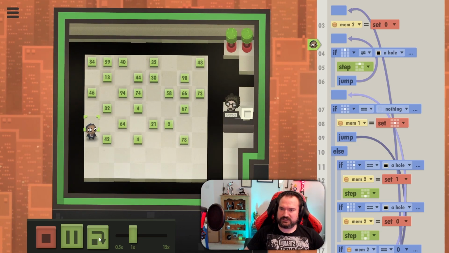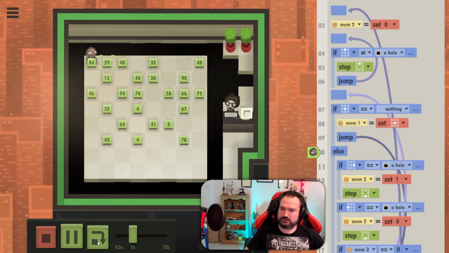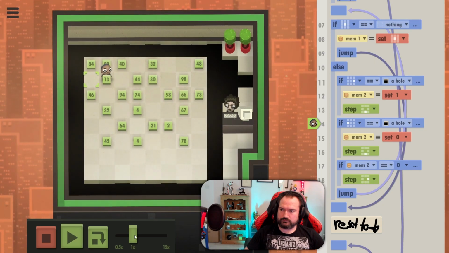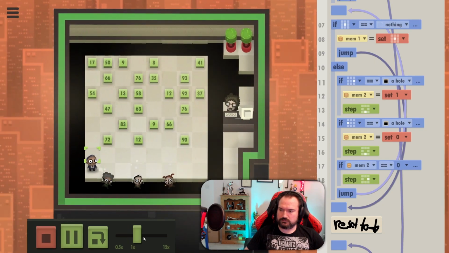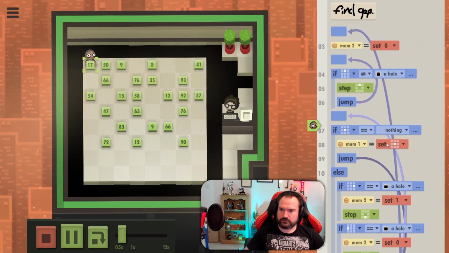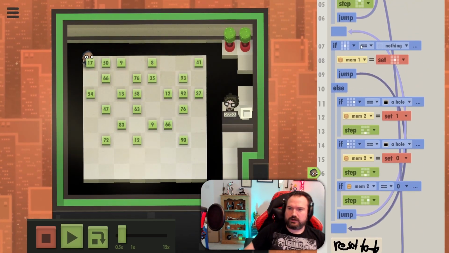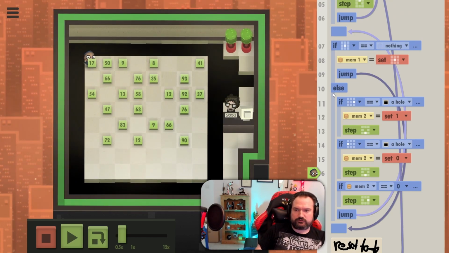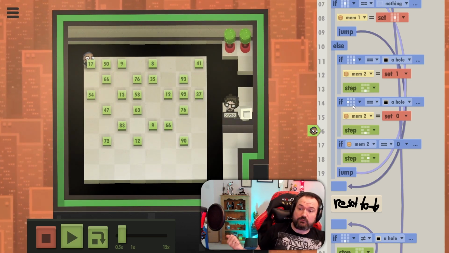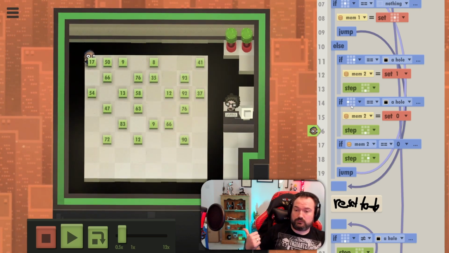Right, okay. Let's go and debug this. We're missing a jump somewhere, clearly. Hey, pause. Right, because you've already gone wrong. Okay. Stop. Right. If where you are equals nothing, well, that's not true. So then you're in else. If you go this way as a hole, no, fine. If that way equals a hole, yeah. So if that way equals a hole,